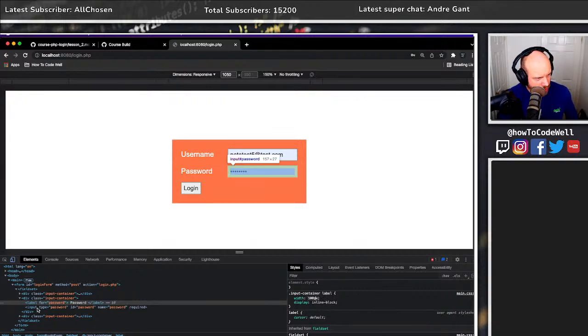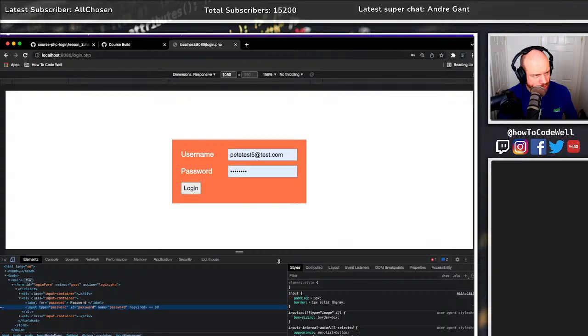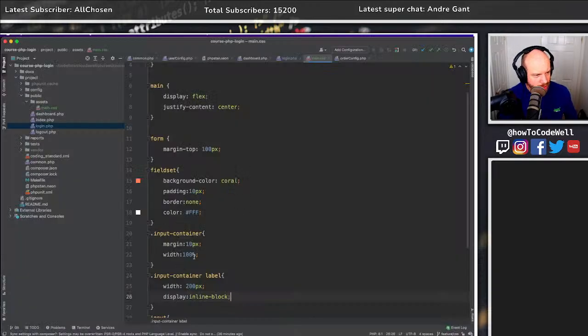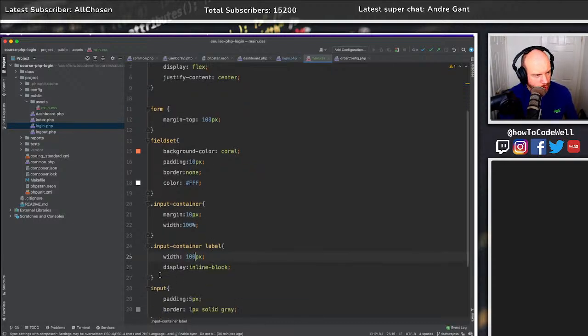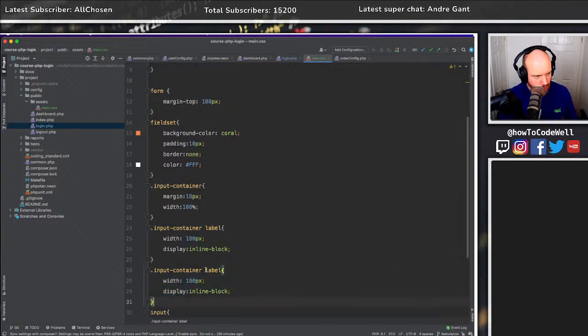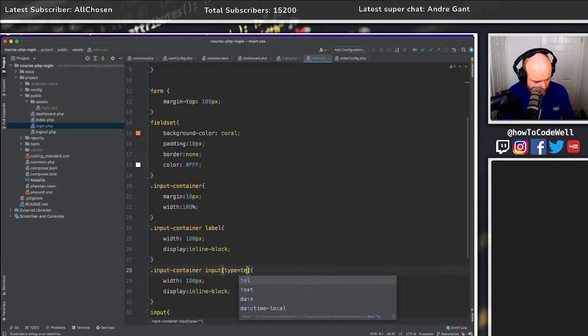That's right. And then on the actual inputs themselves, so right, the label, we would set that to 100 pixels, and then we would have input, we would have type is equal to text,